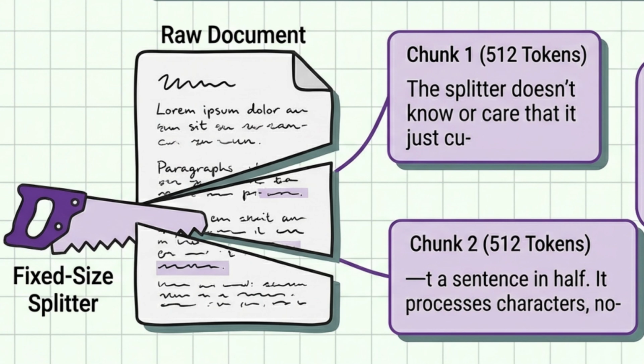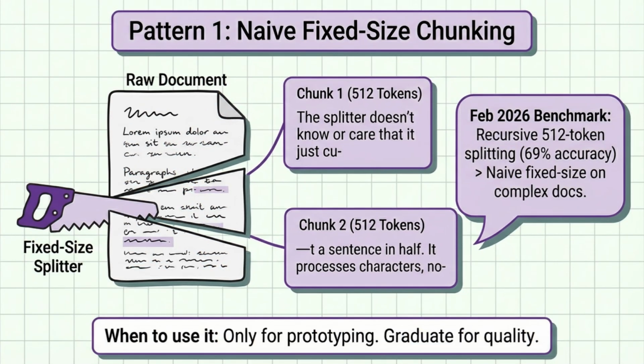You take the document text, move a sliding window of n tokens across it, and every n tokens you cut. That's the entire mechanism. The splitter has no awareness of what it's doing to the content. It doesn't know it just cut a sentence in half. It doesn't know it separated a table header from its rows or split a clause from the paragraph it was